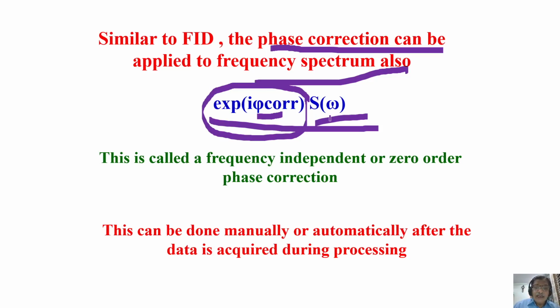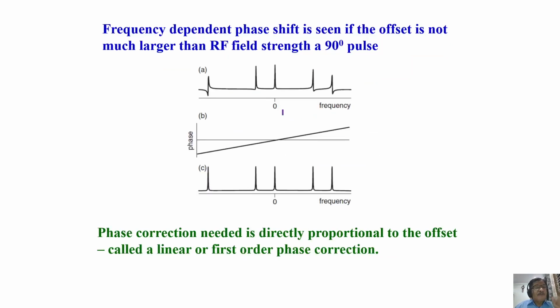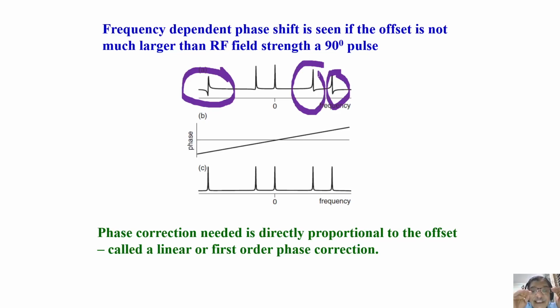But remember, this correction factor which I'm introducing is frequency independent. Of course, there is another type of error also, called frequency dependent phase error. We saw that as we went from one end to the other end, different peaks have different frequencies. I showed that as a function of the angle from minus 180 to plus 180, there can be phase error. In addition to that, different frequencies in the same spectrum can have different types of phase errors. See here, this is one type of phase error. This is another type. This is another type. This is called frequency dependent phase errors.